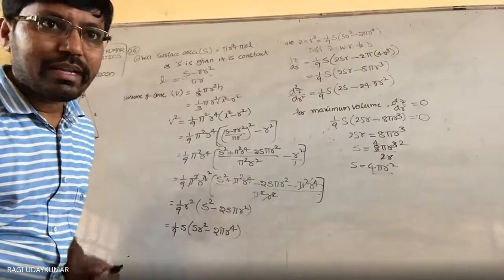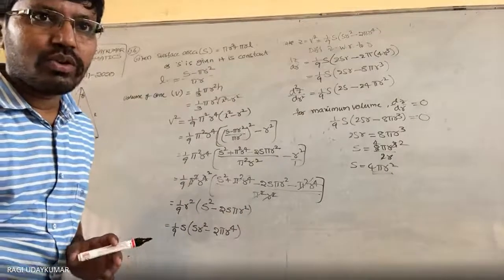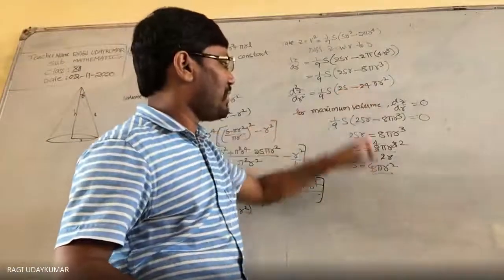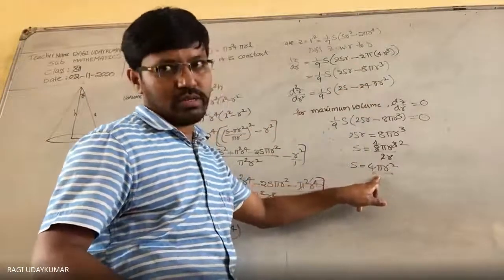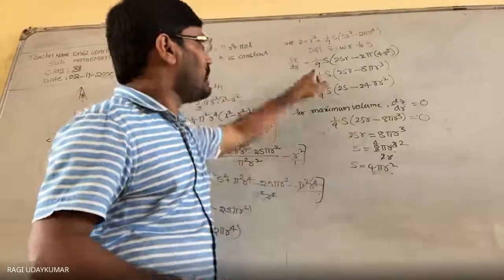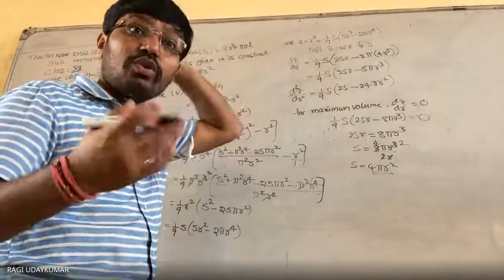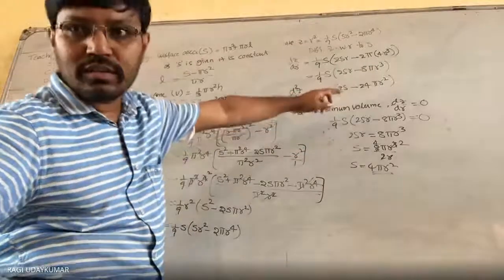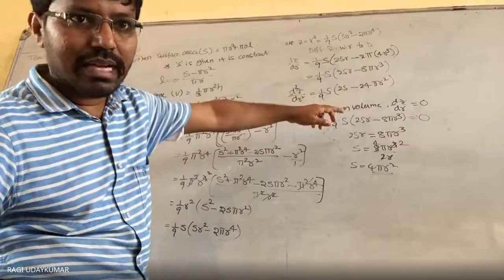Okay. But here the question is not asking you to find out the surface. Yet in this place, S का place में 4 pi r square substitute करो. At d square z by dr square, what do you get? You are going to get, substitute करो. What do you get? Tell me. Less than 0 you will get now.